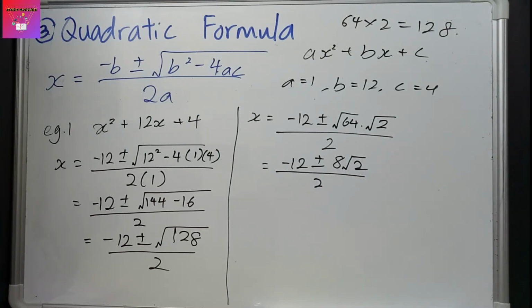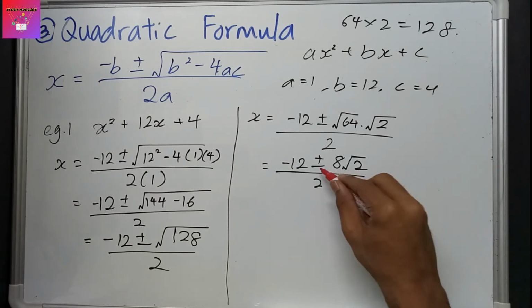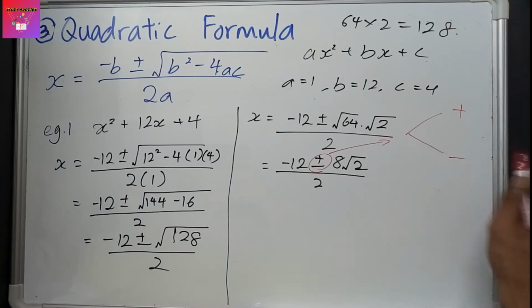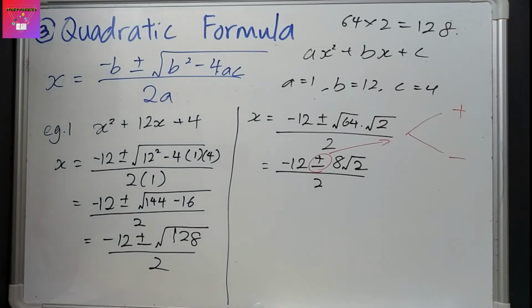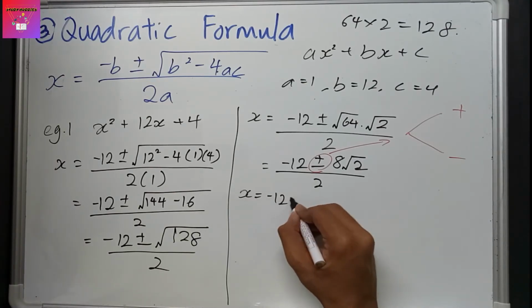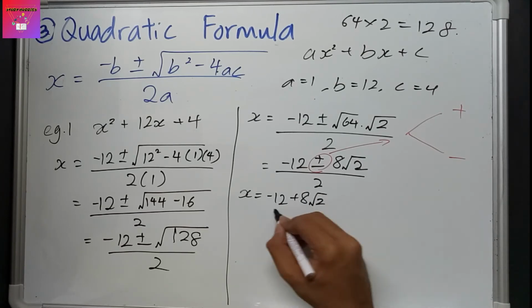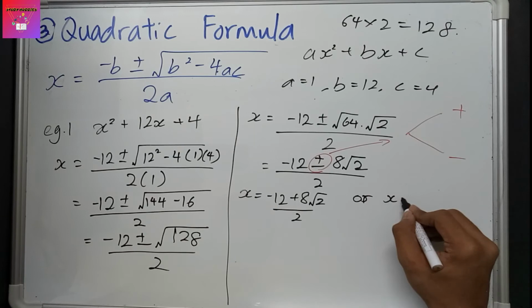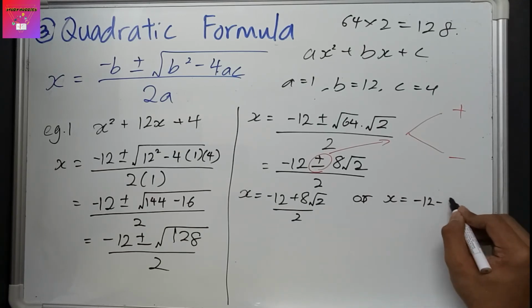So now you can notice something here. There's a plus minus symbol. So as I said, if there's a plus minus symbol, you have to split into plus and minus individually. So how do we do that? So therefore x is equal to negative 12 plus 8 root 2 over 2, or x equals negative 12 minus 8